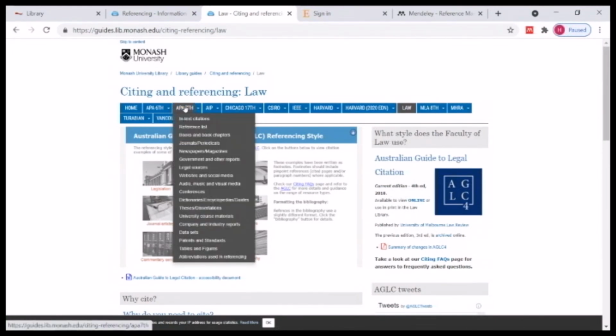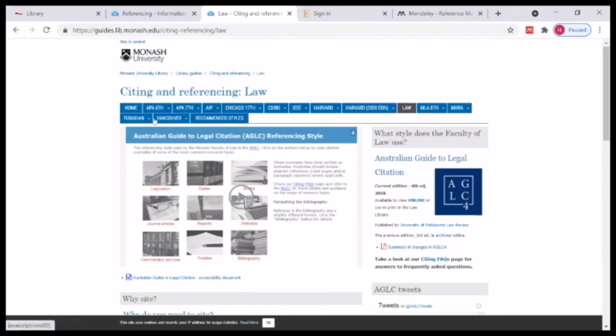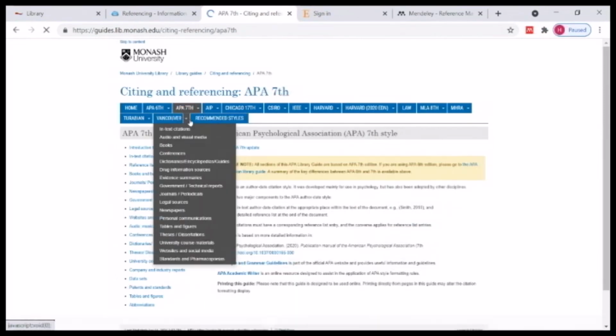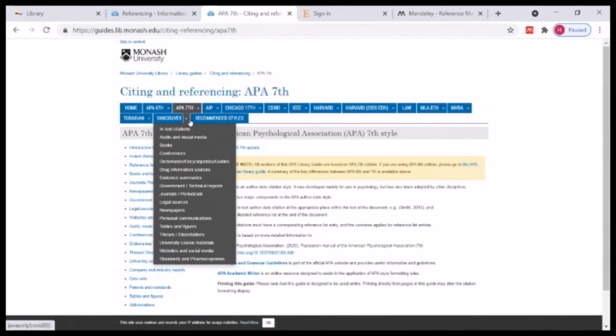And the APA people, those are the psychology, the social sciences, and there's also the way of them, how do they do this in-text citation? How do you insert page numbers in your document? So they've got an in-text citation. They give you, if you use a conference paper, how do you cite that? If it's an audio or a visual thing, how does that pan out? So go and look at this Monash thing, but first make sure you contact your lecturers,